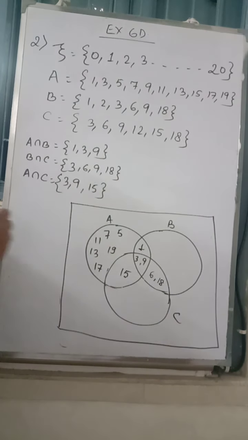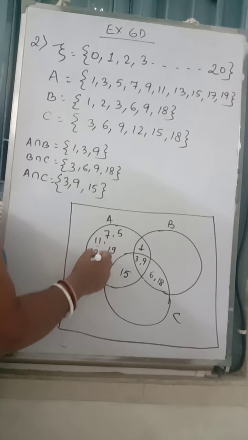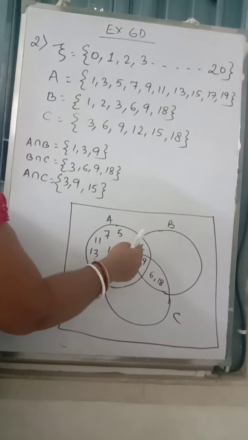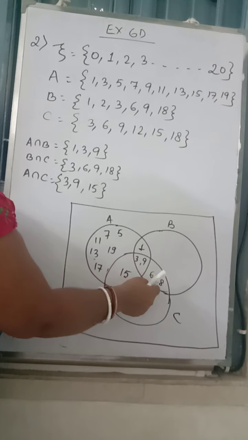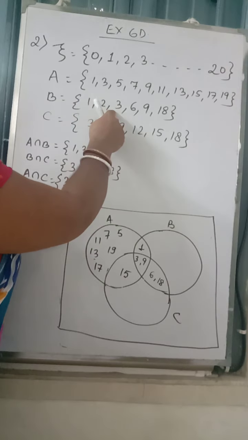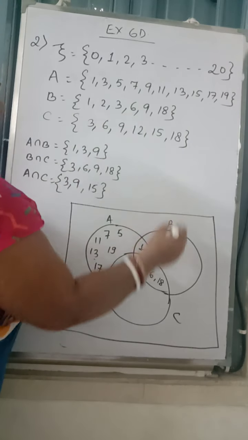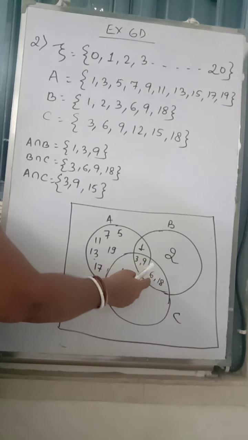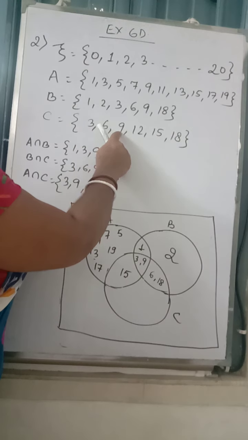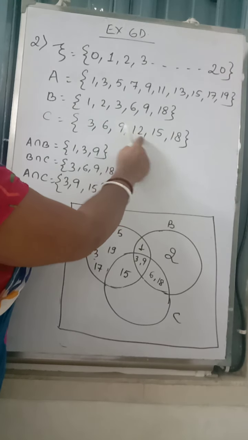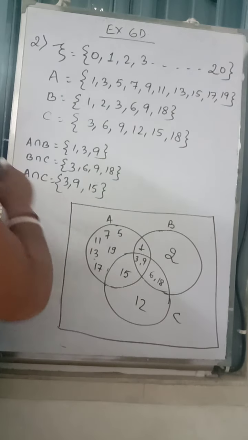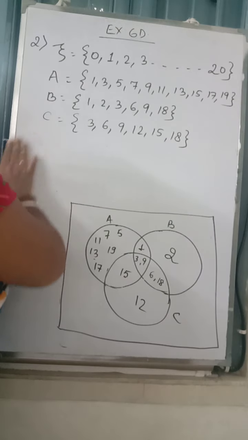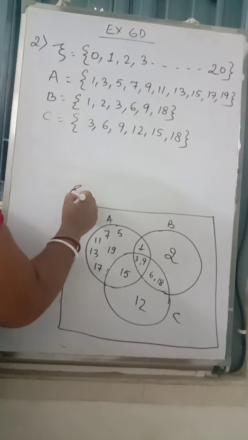These are the members of set A. Anywhere you can write the members, it does not matter how. Now other than 1, 3, 9, 6, 18, what am I left with in set B? Only 2, so I have written 2 here. Now other than 3, 9, 6, 18, 15, what am I left with in set C? Only 12, so this 12 will be written here. So this is now no use; you can rub it or leave it also, it does not matter. And this is the universal set.